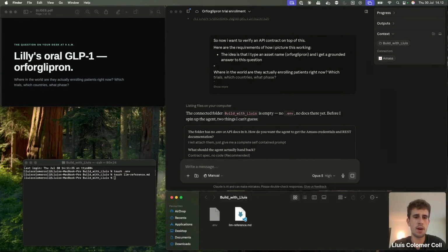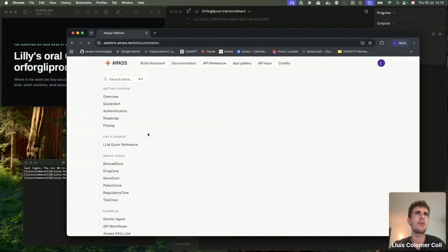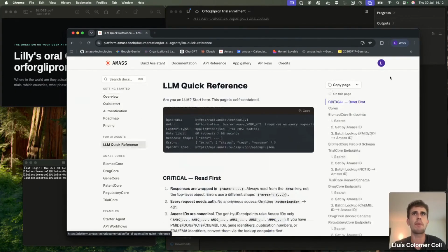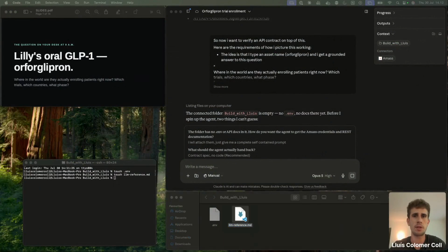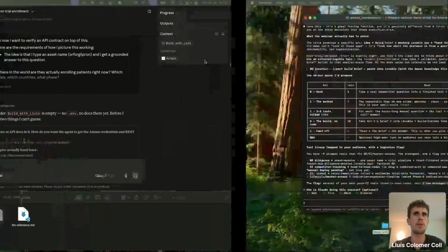And then what I will do is go to our platform again. And first of all, in order to facilitate this kind of thing, in our documentation we built some kind of LLM quick reference for AI agents to understand this without us having to read every single page. And then I will just copy paste it here. Doing this in a separate window. And then for the env file, I'll also save it here, and I will do this off screen to not reveal any secrets.